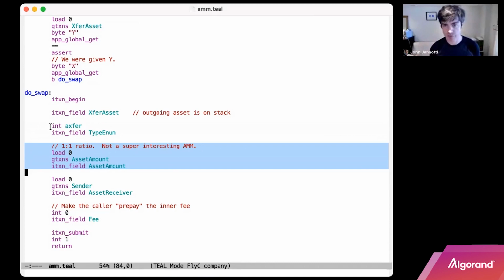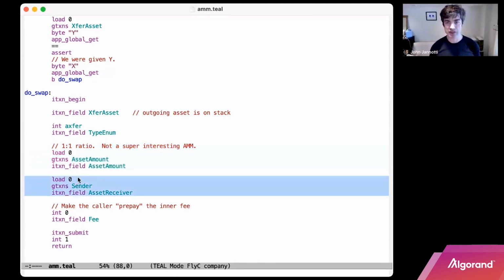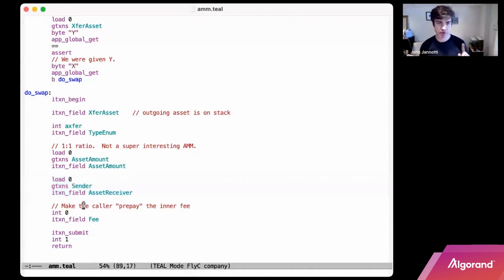So somewhat boring. Who's it going to send it to? Well, it's going to send it to the sender. Whoever paid me the asset, that's who's going to get the other asset. That makes sense. Then this is something a little bit tricky that helps answer Jonathan Gomez's question about